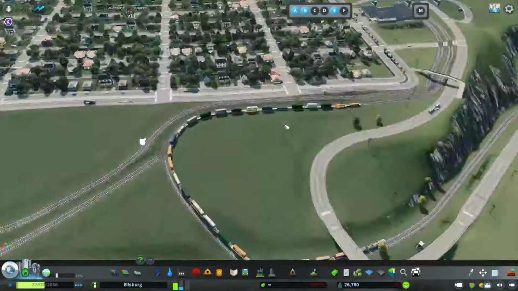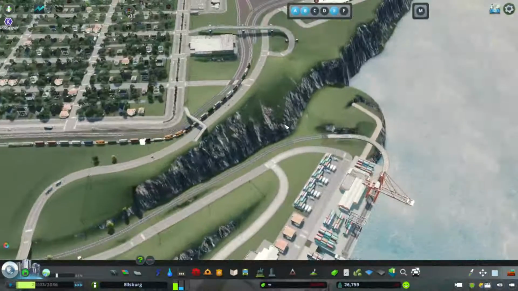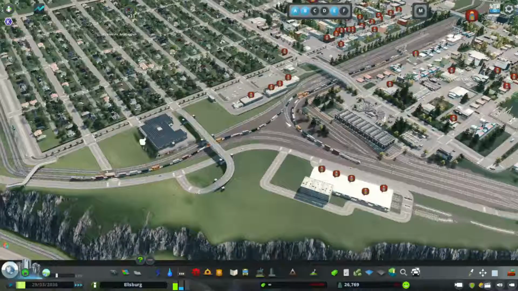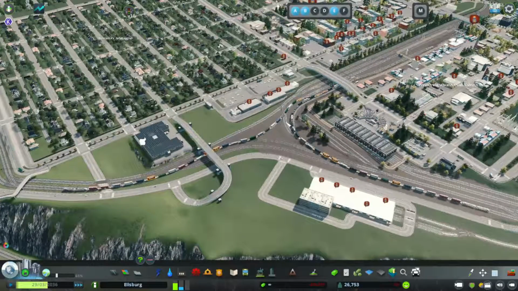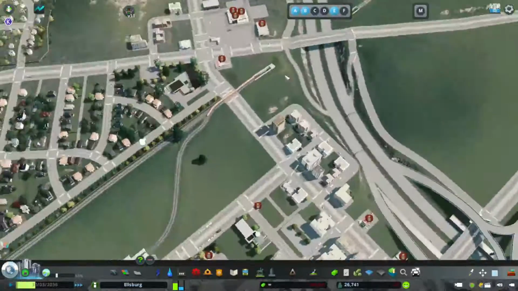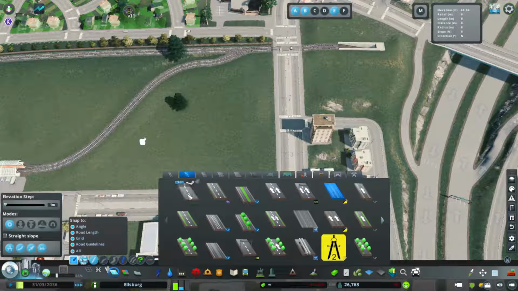Oh, now they're driving again. That was really weird. Huh. Well, that was strange. They're pulling into the other cargo terminal. So let's resume our building that we were doing over here. So I think we can add another block right here for...